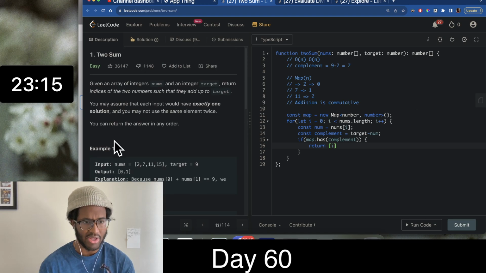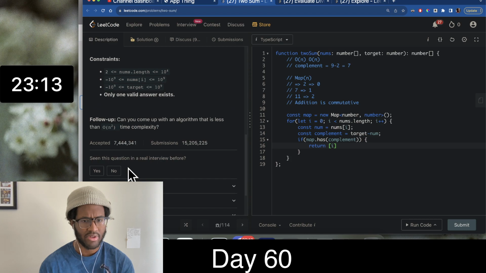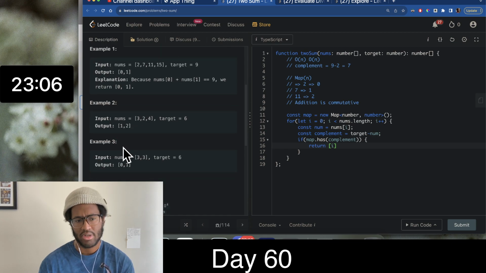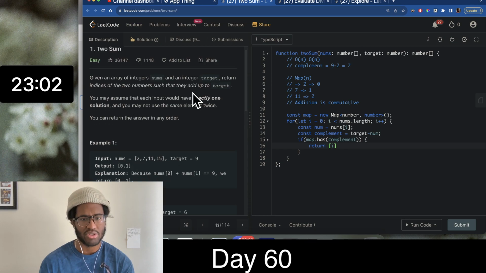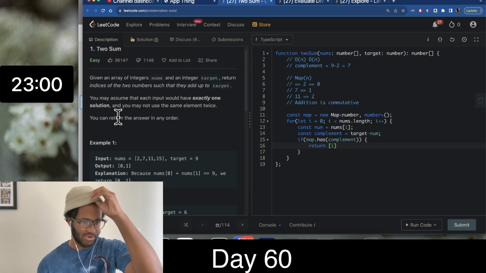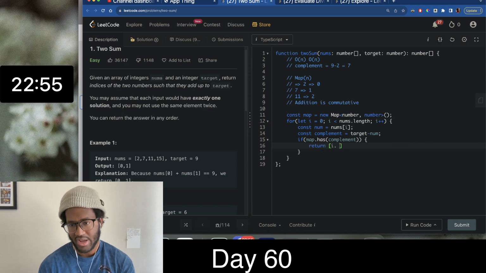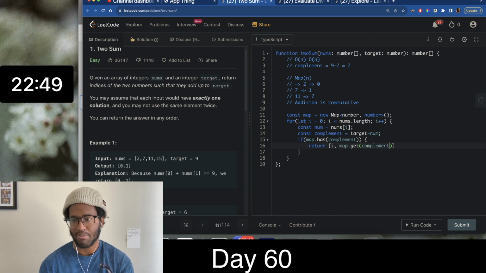And can we do it in any order? Only one valid answer exists, which is important. We also know there's always at least 2 numbers in nums because there's always at least one solution. You can return the answer in any order, which works perfectly. So we can return i, and we're going to need the index for our complement, which is going to be the value for the complement. So we can return that. Otherwise,